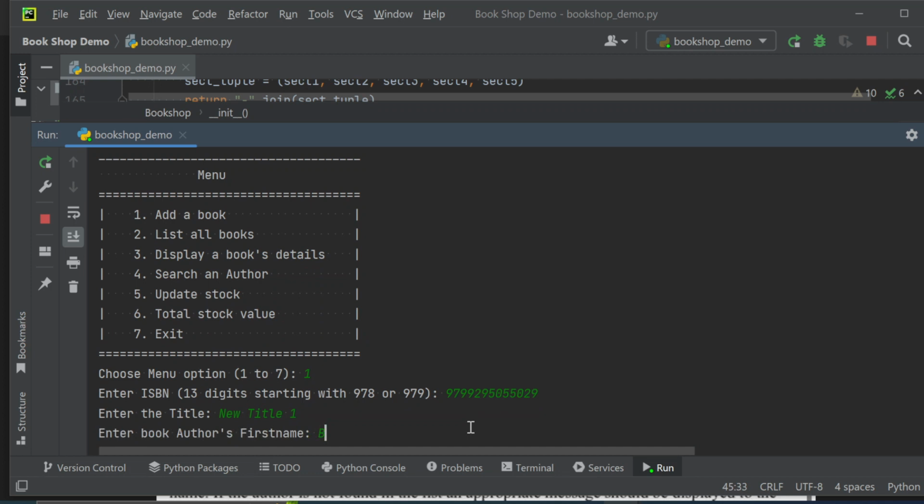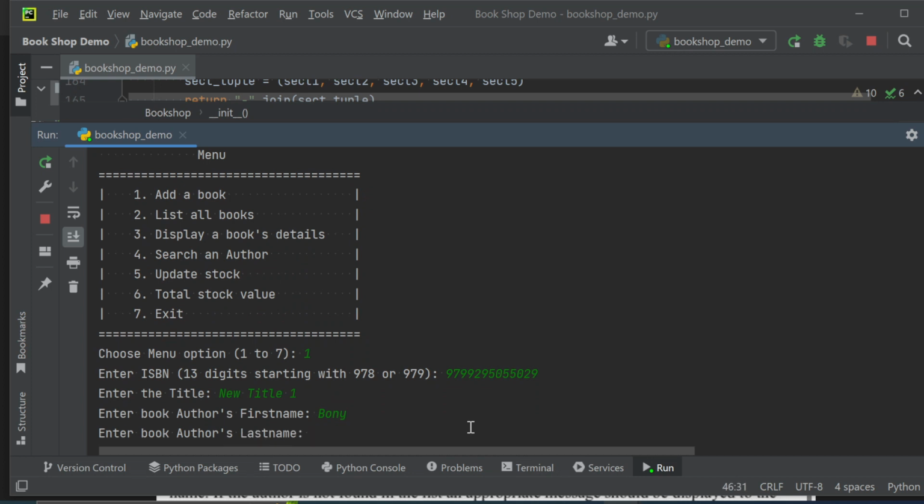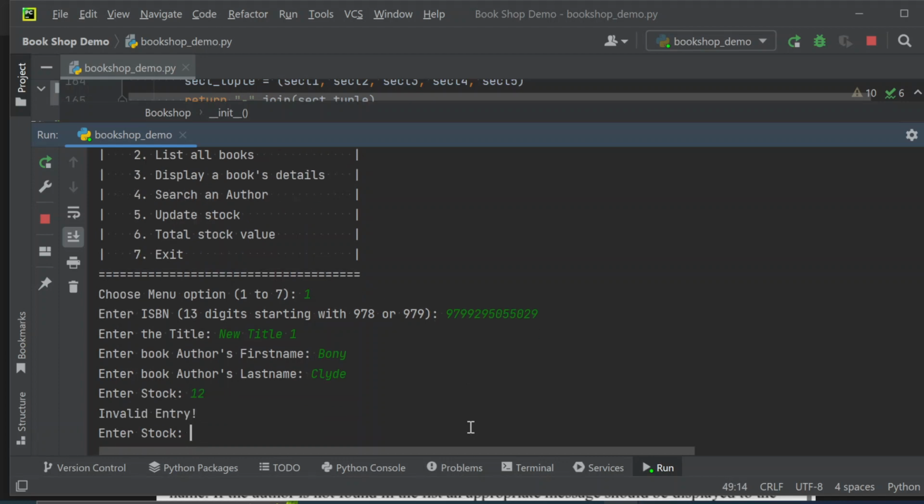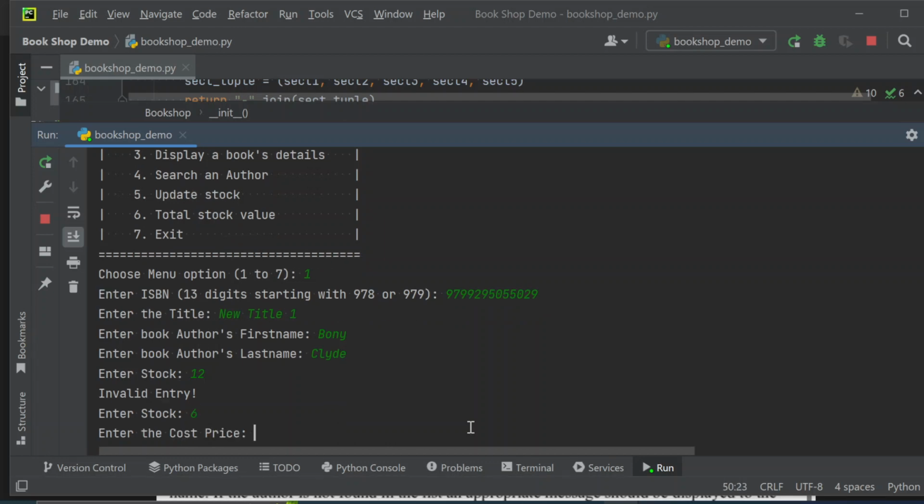Okay, Bonnie, Clyde. Okay, enter stock. 12, it should say invalid entry, yes. So say 4, 6. Enter cost price, less 15,